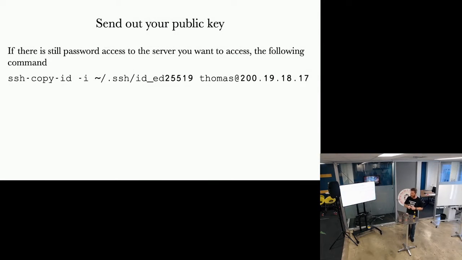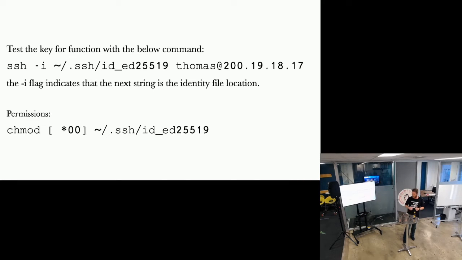So once a key pair is generated, the public key needs to be sent to the SSH server, and the private key needs to be kept secret on your computer, and don't share it with anyone, right? An important note about this file: it needs to have no permissions for any other users or groups on your computer. So you need to use this command, chmod, which modifies the permissions for that file, with numbers 1 through 7. What that means isn't important, it's kind of out of scope, but basically the second two numbers mean groups and other users, and you want to have no permissions for those, otherwise SSH, the server, will bounce that key from you, and it won't work.